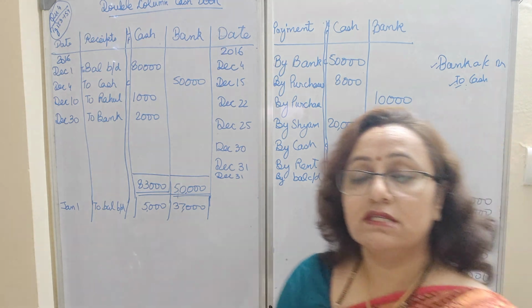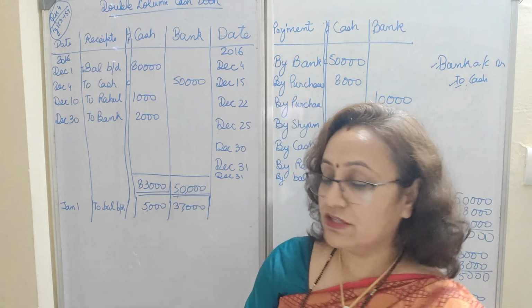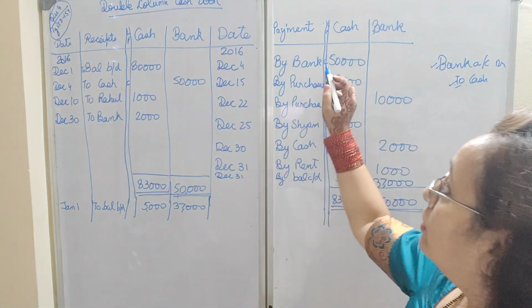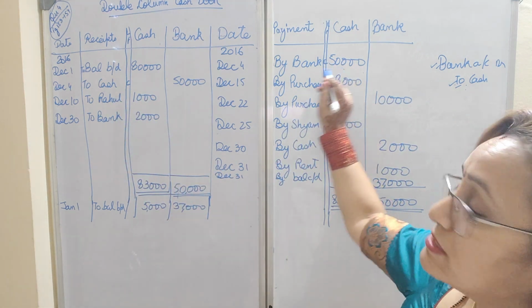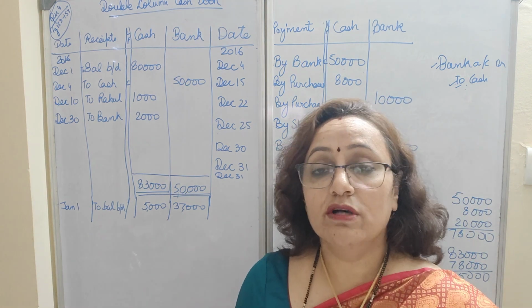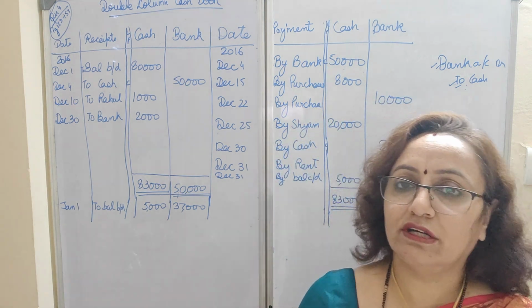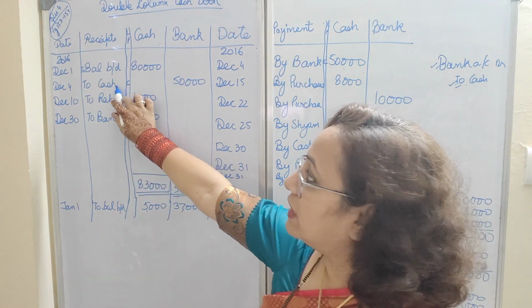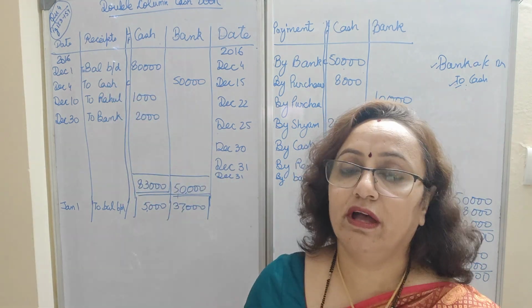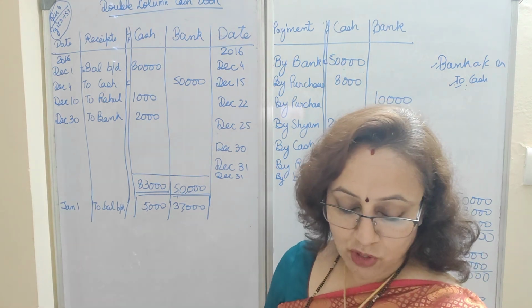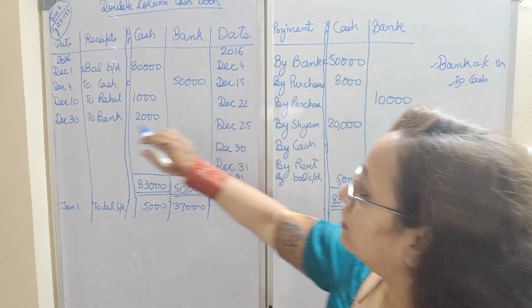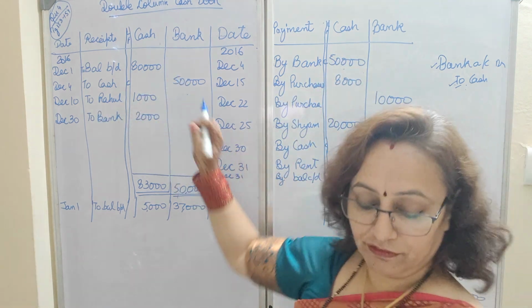Okay, so this is the way contra entry is done, and it is a rule. In the LF column you can write C over here, so that it is clear to your teacher while correcting that this is the contra entry you have done. Because in the cash book we don't write cash until and unless it is a contra entry. This word you have never seen in any entry except a contra entry, right? So deposited into bank, we have written by bank 50,000 in the cash column, to cash 50,000 in the bank column.